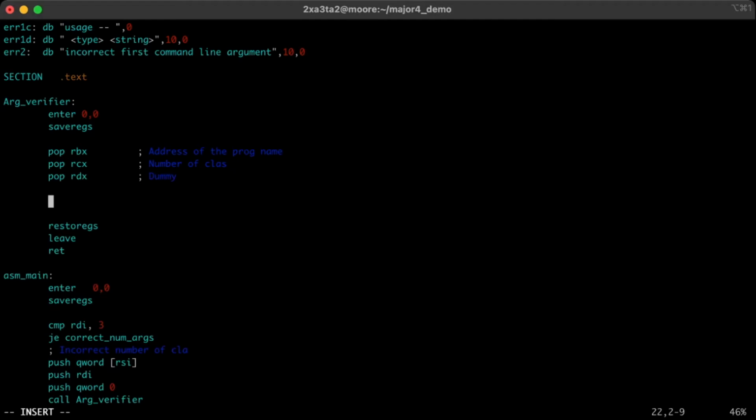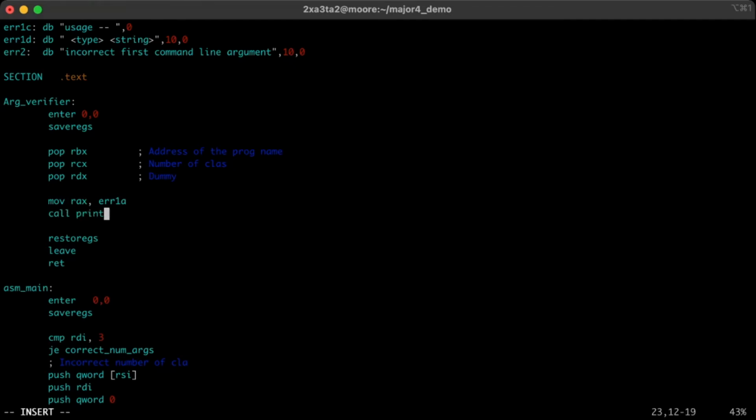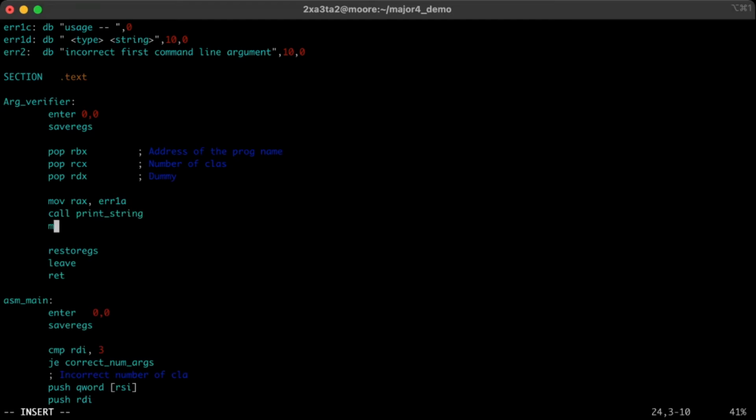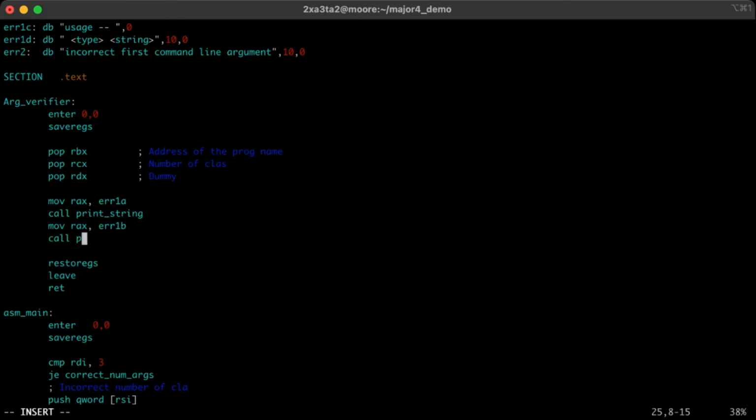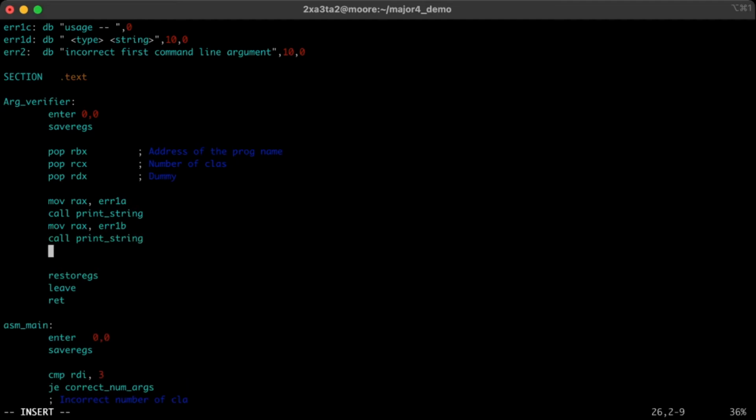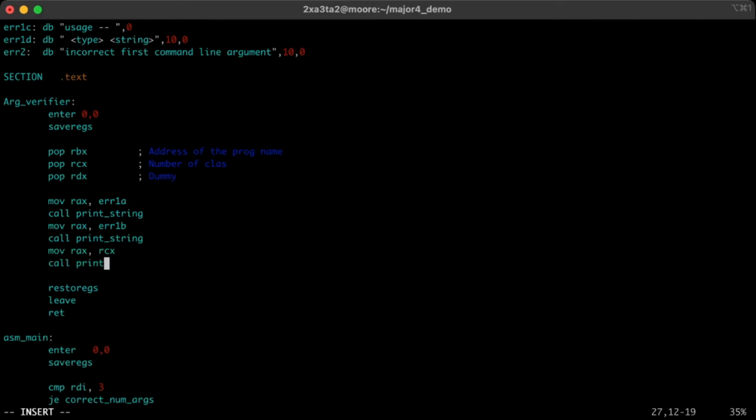Okay, so then we will start printing out our error messages up above. So first we will move into RAX the value of error1A, call print string. And then we will move into RAX error1B. Again, we'll call print string. And then we will move into RAX the value of RCX, which stores our number of command line arguments, and we'll call print int. Then we'll call print new line. And then we will move into RAX the value of error1C, call print string,